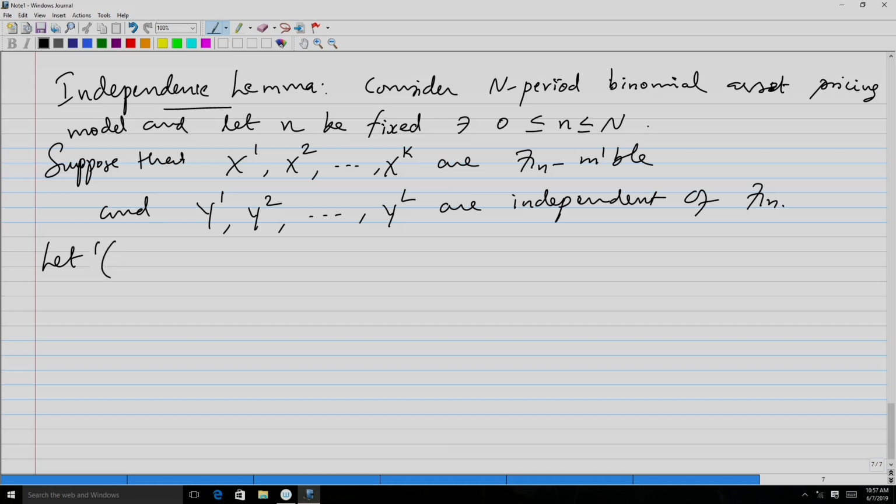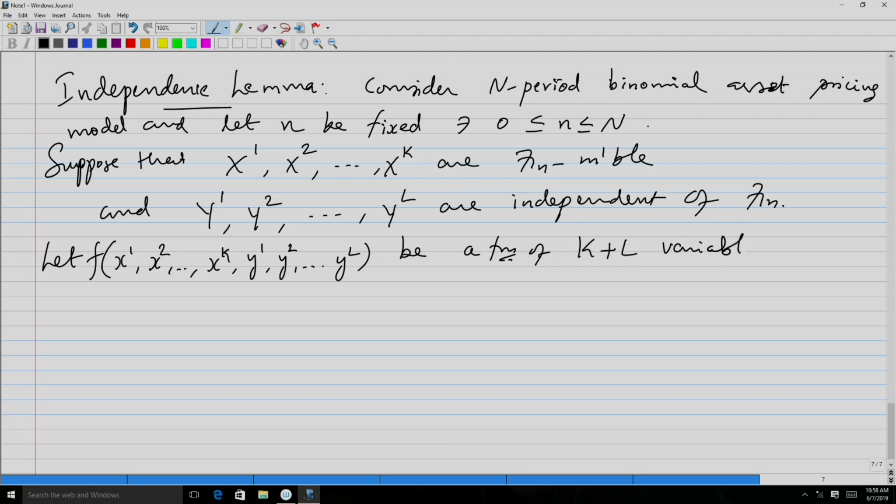So, this is f of x1, x2 and so on, xk, y1, y2 and so on, yl, a function of k plus L variables. So, what are the variables? Essentially x1, x2, xk, y1, y2 and yl. So, these are the variables that you have, and you define